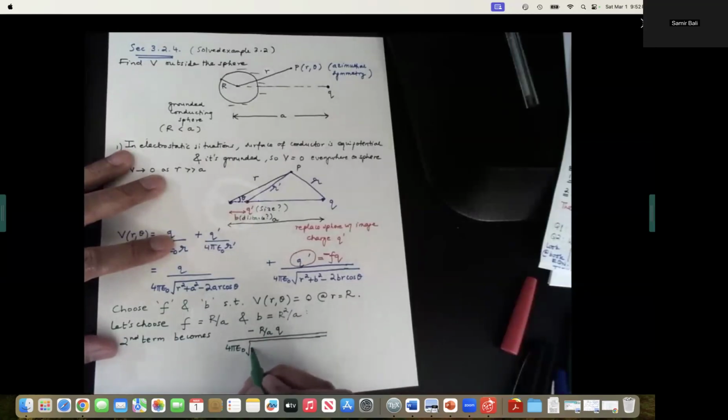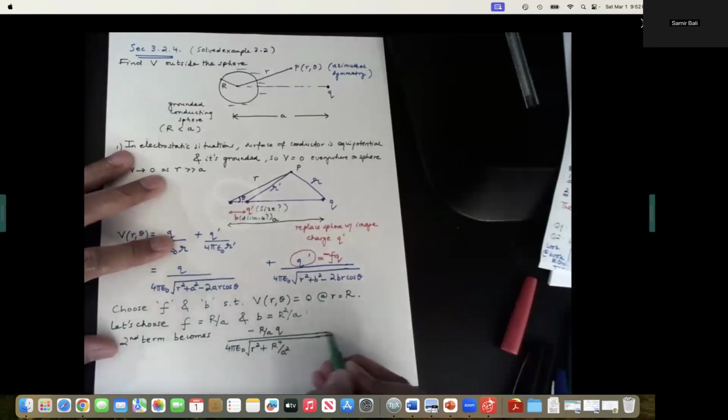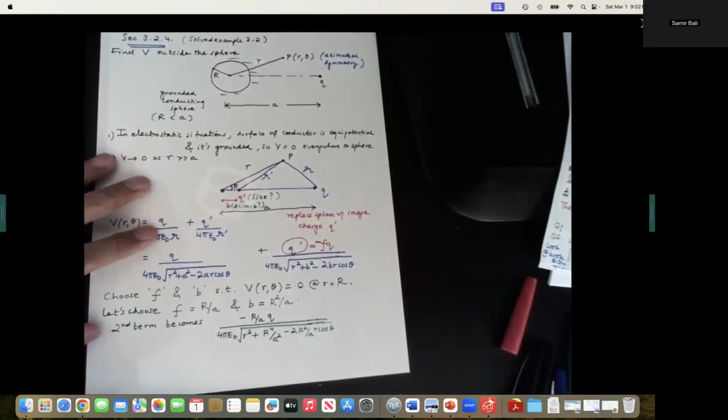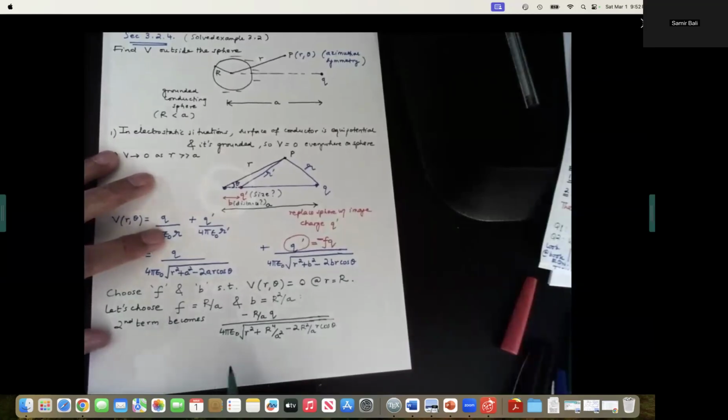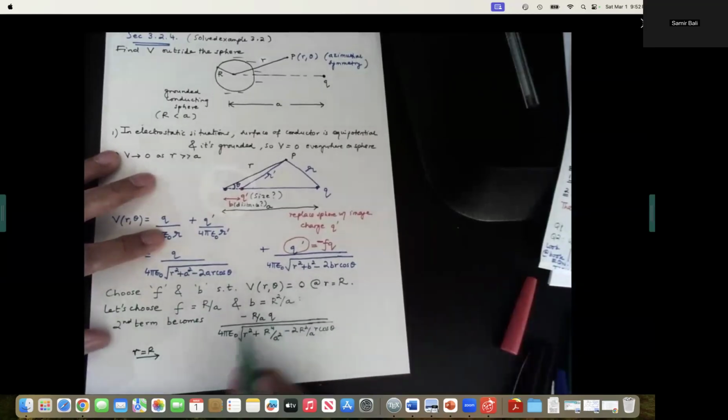r squared plus, now b squared is r to the fourth over a squared, minus 2b, which is r squared over a, and then r cosine theta. Okay, it becomes this, and when little r equals capital R, this term becomes something pretty miraculous. Okay,